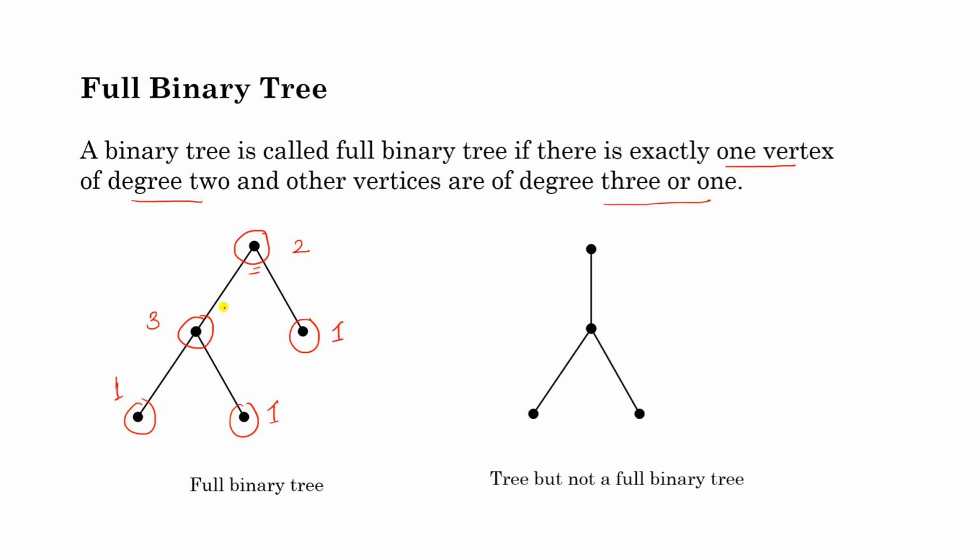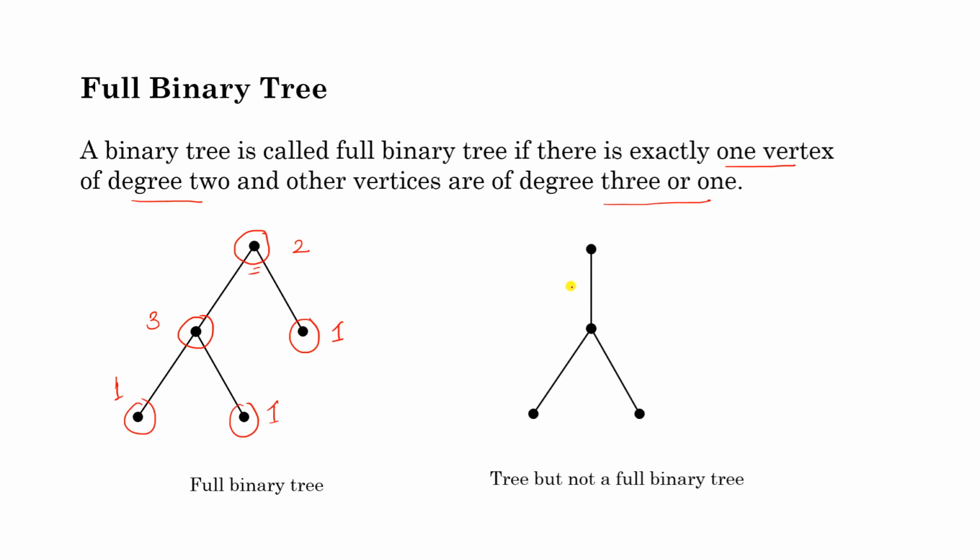As I was saying, in some of the books, particularly if you go for the mathematical aspects, what I defined as full binary tree is defined as binary tree. So you have to check. Generally in computer science we define full binary tree like this, and in mathematical terms, in some of the books you will see that this full binary tree is defined as binary tree. So you have to work accordingly.